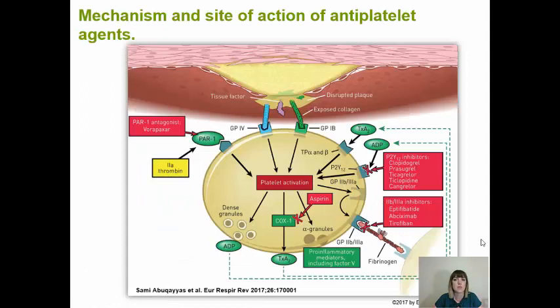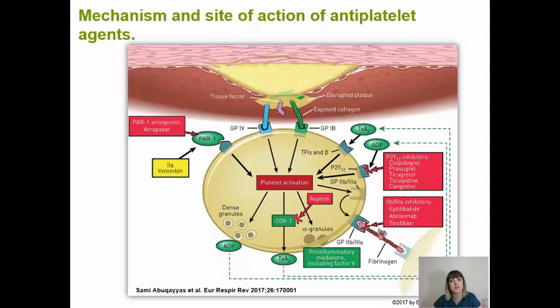So we tend to target one or the other of the main aspects of hemostasis, either the platelets or the clotting cascade. For the antiplatelet agents, they look to disrupt some aspect of the signalling involved in platelet activation. So you don't need to know all of the detail on this slide, don't worry, but we're just pointing out here that there is a lot of chemical signalling, activation of receptors and intracellular actions that lead to the activation of platelets that go from their circulating form into this sticky form that clumps together with each other and with